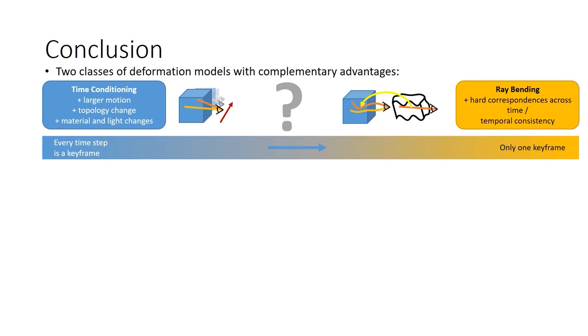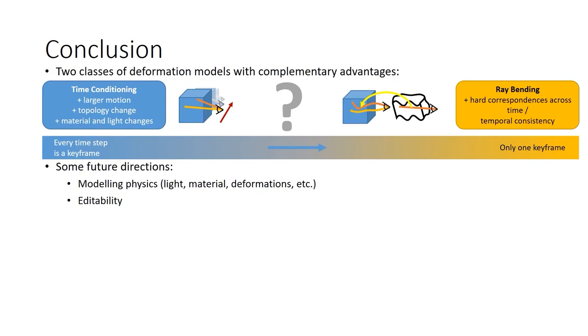For dynamic NeRF in particular, a number of methods currently use auxiliary inputs like camera extrinsics and intrinsics, background 3D points, foreground 2D segmentation, depth, optical flow, or instance segmentation. It would be nice to reduce the reliance on this, since they likely do not generalize well to difficult real-world scenes. And with that, I'd like to close by mentioning two other future directions, namely modeling physics and the ability